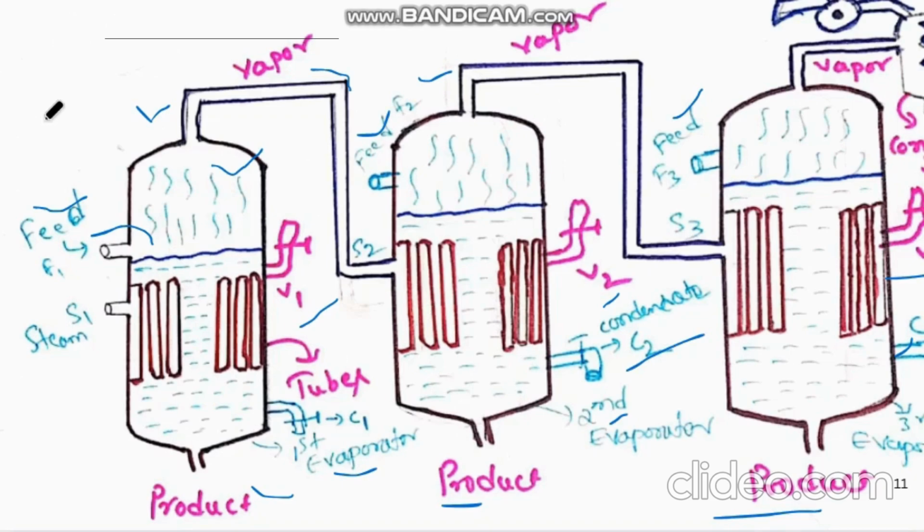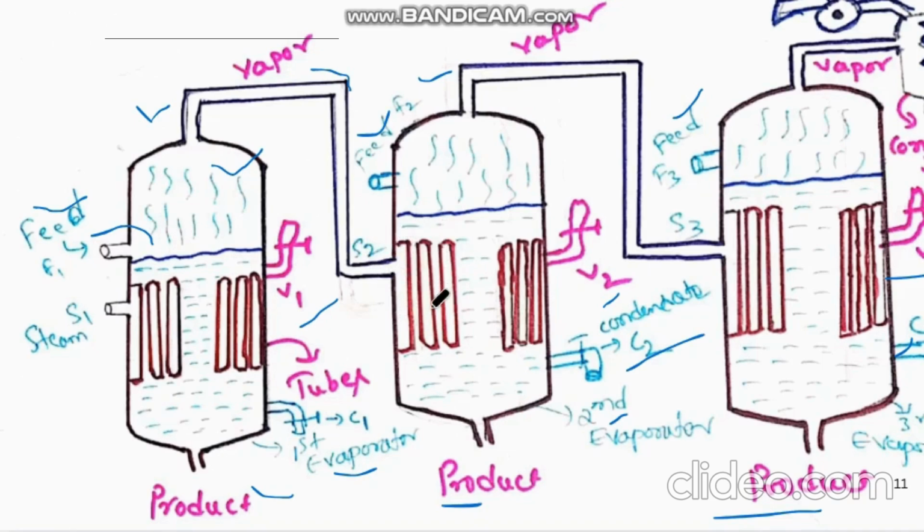So here in the triple effect evaporator, we introduce the preheated feed in the first evaporator. As we introduce it in the first evaporator, it starts boiling, or you can see vaporization takes place, and these vapors are sent to the second evaporator, and here these vapors act as a heating source, that is, these vapors are sent to the next evaporator, the second evaporator, through the S2 valve, and the S2 valve